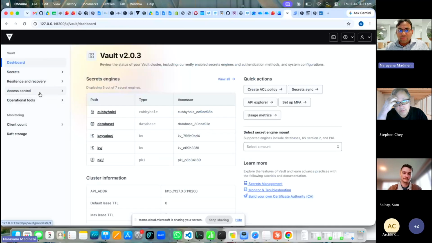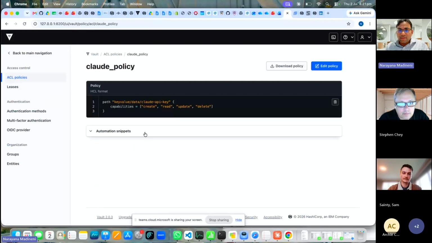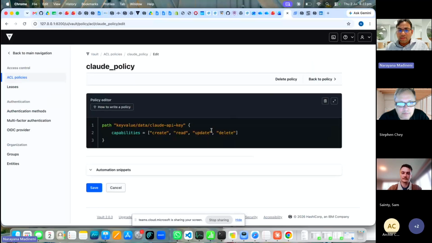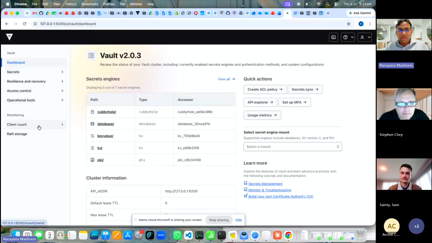If I go back to the main menu, I have access control. This is where I can create ACL policies. In this example, I have given the path to that API key, and I said with this policy, I can do read, create, update, and delete. So I can edit the policy, I can add more things to this. That's quite easy to write as well. And now I will apply this policy to a particular user or a particular group of users. How do I do that is by creating